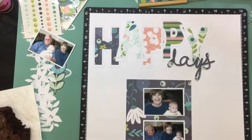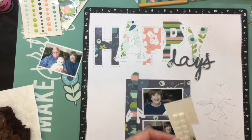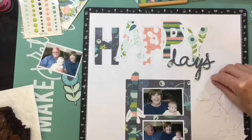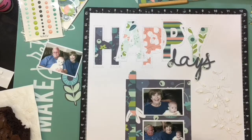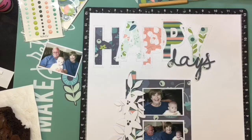Here I've welded script alpha 2 letters together to create the word days so that I could layer it over happy. I wanted to use more of that gorgeous blue floral paper, so I cut a rectangle of that for my photo area, and I cut a strip of the striped paper using the Borders 1 scallop. I have one more cut file called Leafy Floral that I'm popping up here